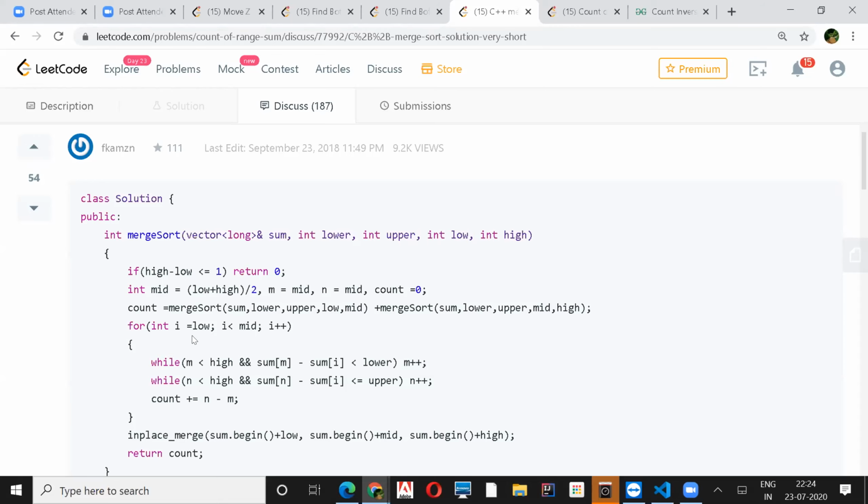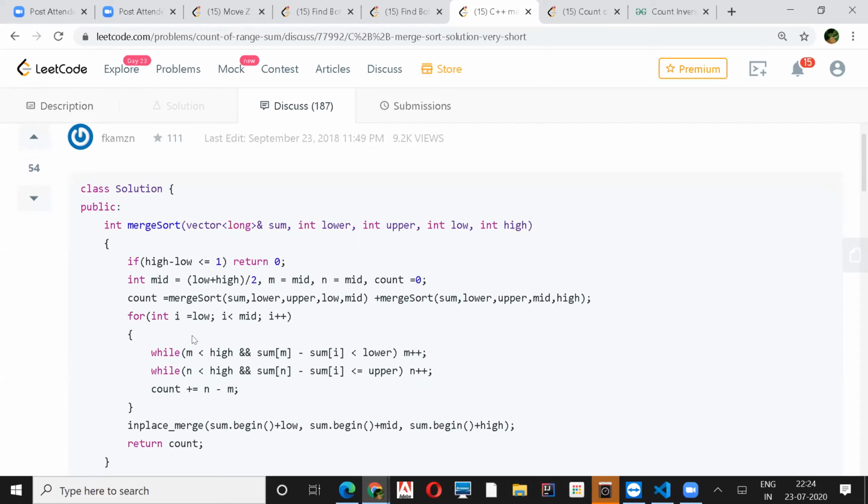Yeah, why only lesser, not lesser and equal? Because equal would be fine too. So if it is lesser, because it is out of the range, correct? I think so. Because if it should be greater than or equal to lower, then only it is in the range. So he's trying to bring that in the range. And for that, he's looking only at the lower bound of that range. And the next while loop, he's trying to see if the value is greater than the upper bound. If it is, then it is trying to bring that lesser than the upper bound.